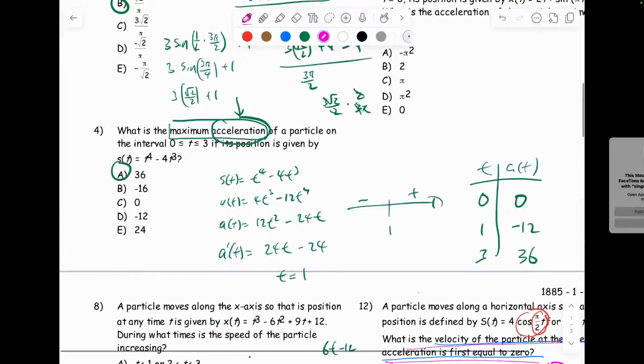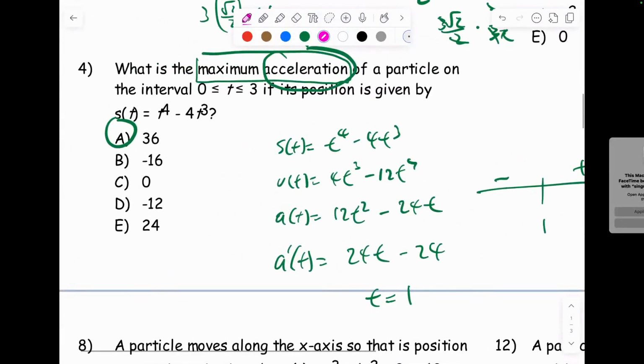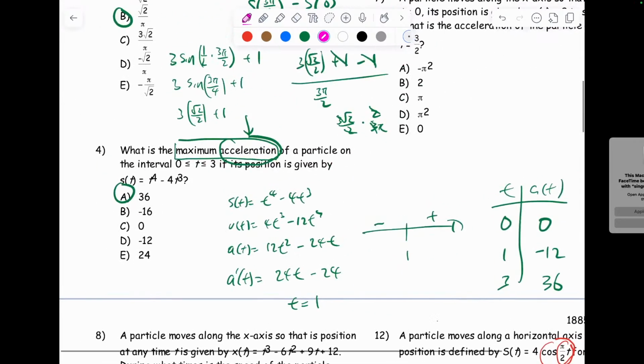Okay, this is another question people ask. Number 4. It's 36. Did you really get 36? Technically, you're supposed to do a number line and a table. But in this case, 1 is actually a relative minimum, so that doesn't really help you. So I just do the table: 0, 1, and 3. So I got 36 is the final one.